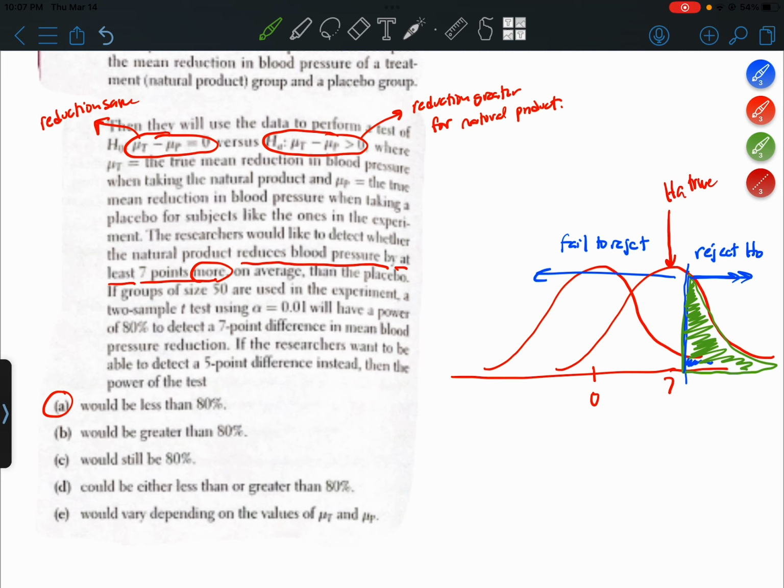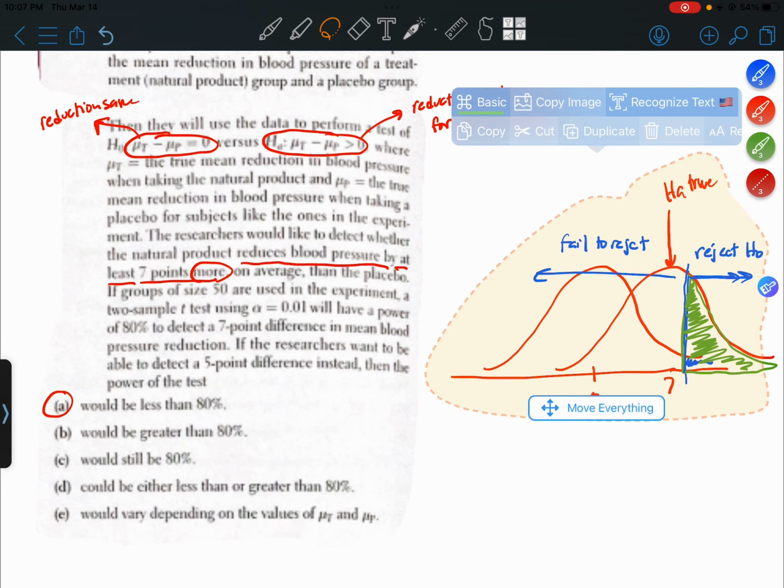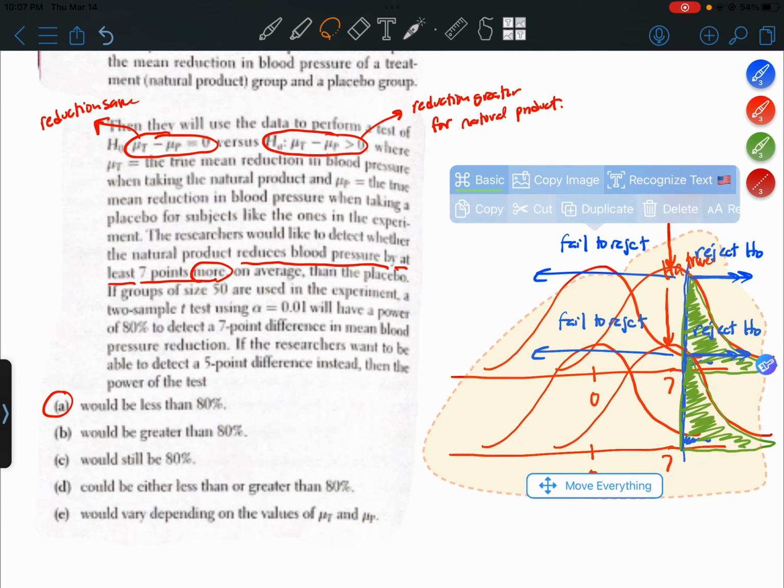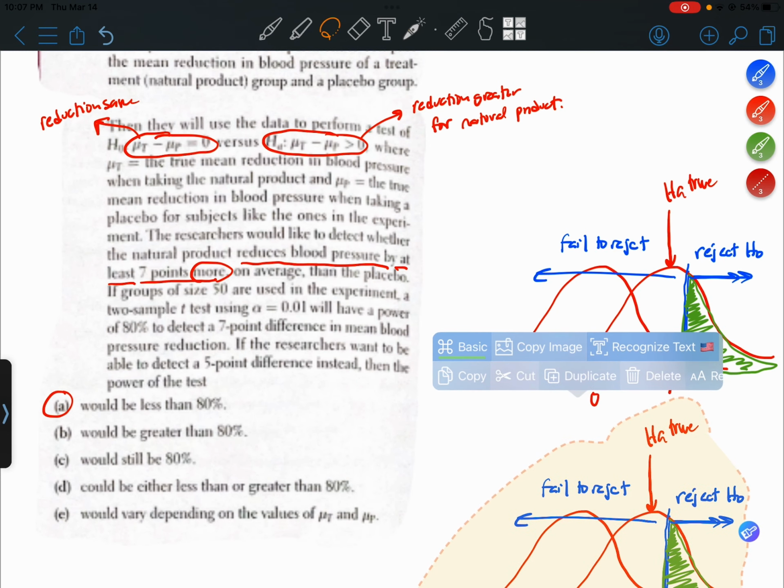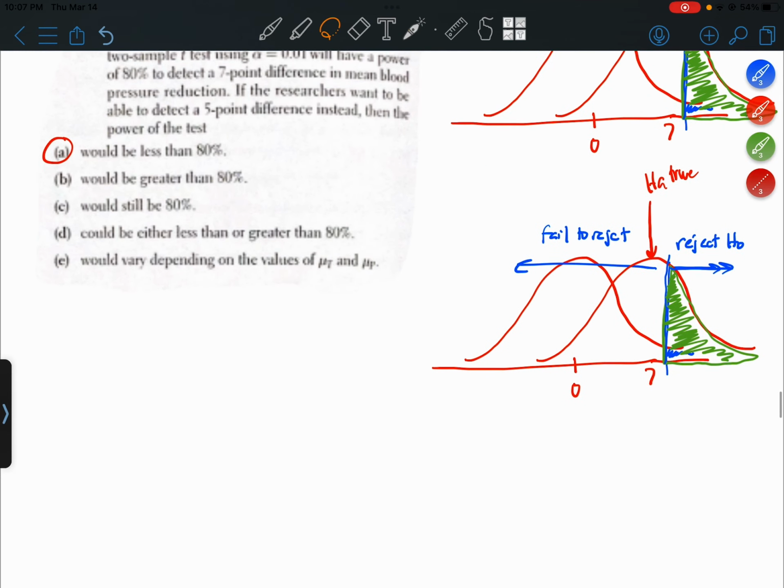Now, let's see how I can copy this. Let's just copy the whole thing. Duplicate. All right, let's move it down here, and I do want to erase some things. Okay, so now let's say